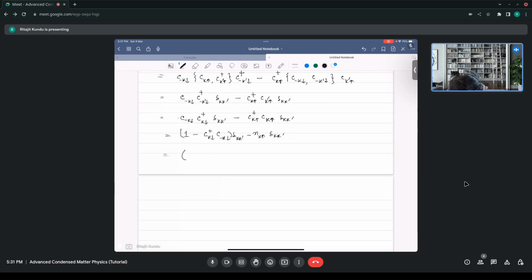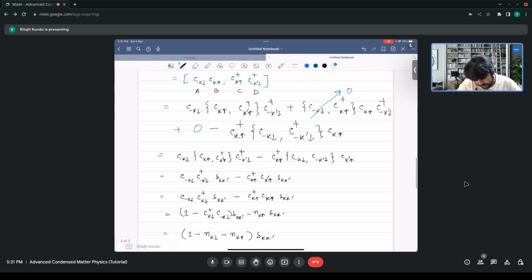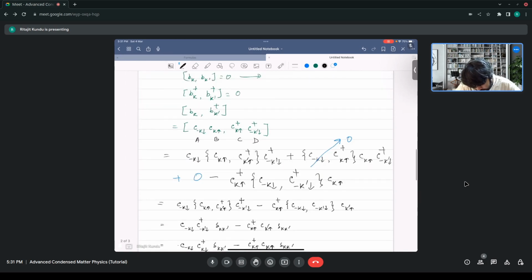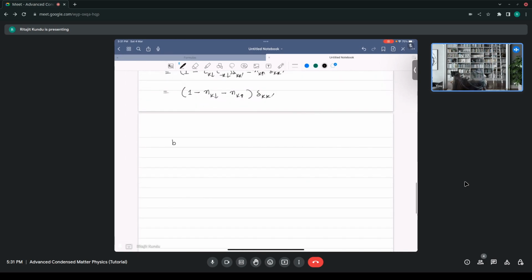So you see that this is also an NK, so I'll directly write it as 1 minus NK down. Meaning NK up, K prime. Alright. So let me actually write this thing. As I have shown you, this commutator of BK and BK dagger is not actually 1, but it is 1 minus NK down minus NK up with a Kronecker